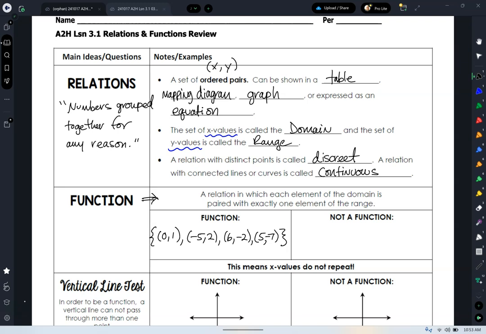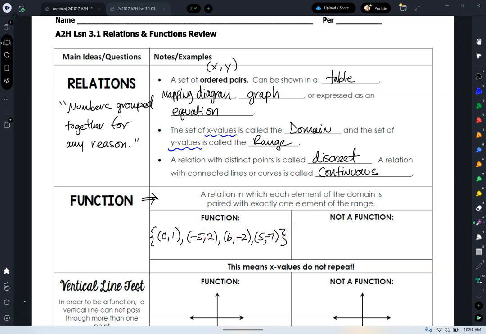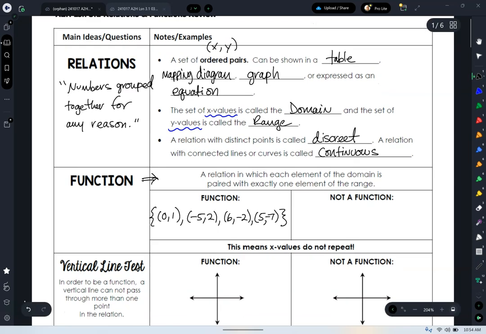That would be the relation, or the set of ordered pairs. So there's 4 items in that set. And that would make up a discrete relation because we're talking about just this point, just this point, just this point, and just this point. That's why it would be discrete. Okay? So it's not a continuous path. Right? Now, let me give you an example of what is not a function,